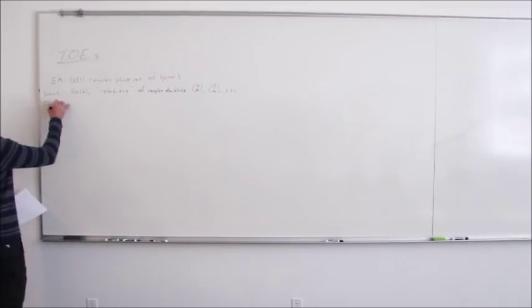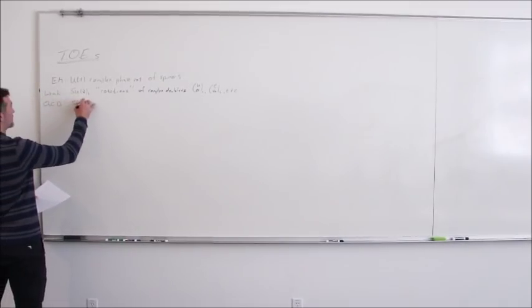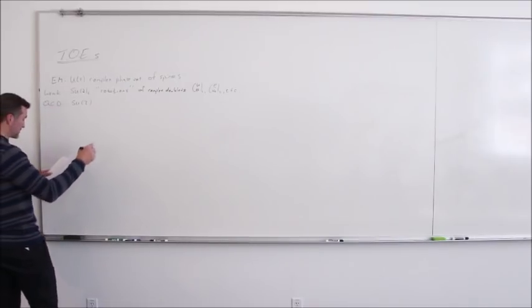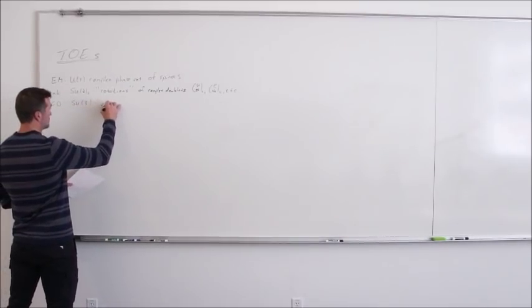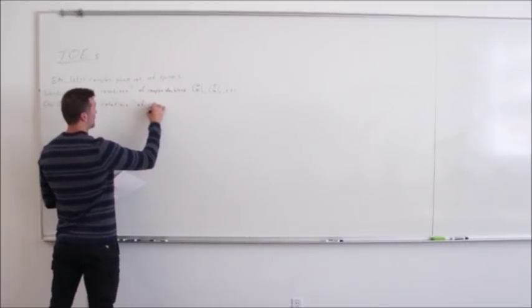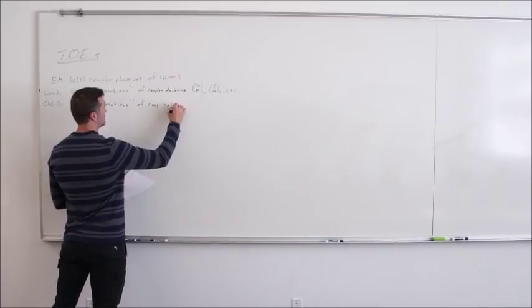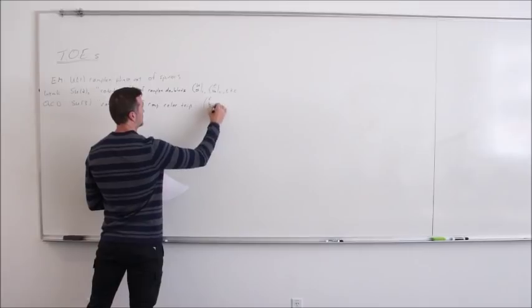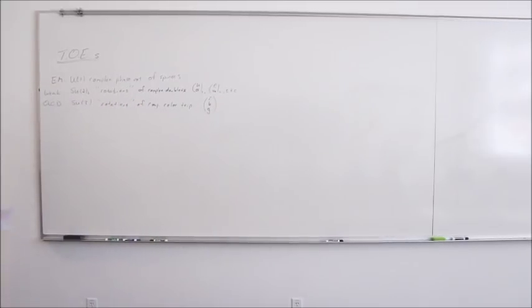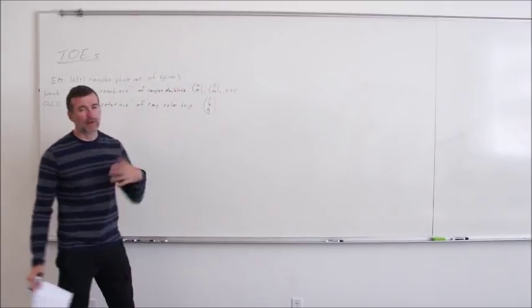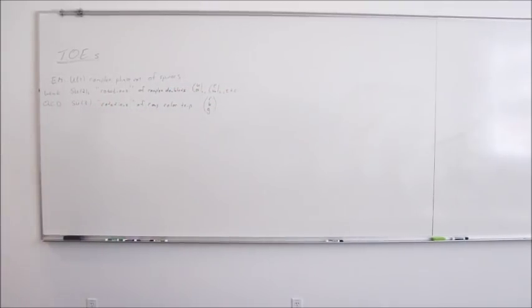And then lastly, QCD is based on the SU3 gauge symmetry, or I should say the strong interactions, but we'll just leave it as QCD. Rotations of complex color triplets. And when I say the word complex here, what I have in mind is that you can create linear combinations of these things, and the coefficients in the linear combinations can be complex numbers. They don't have to be real numbers.